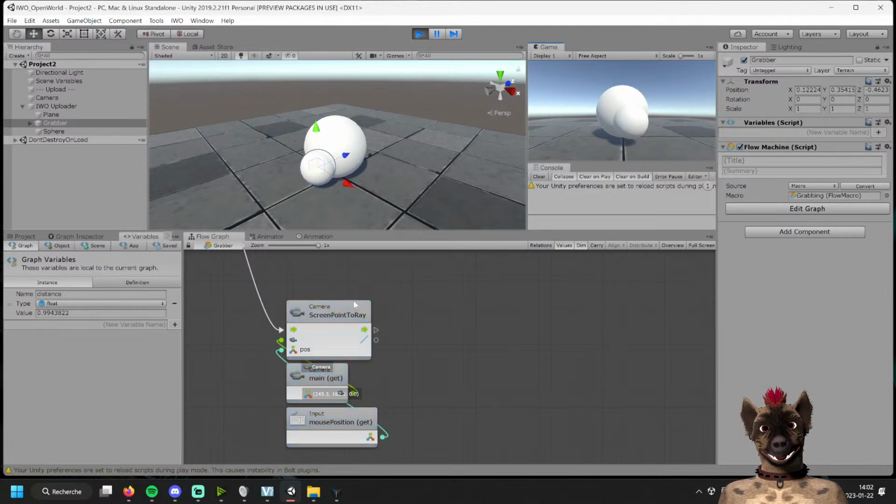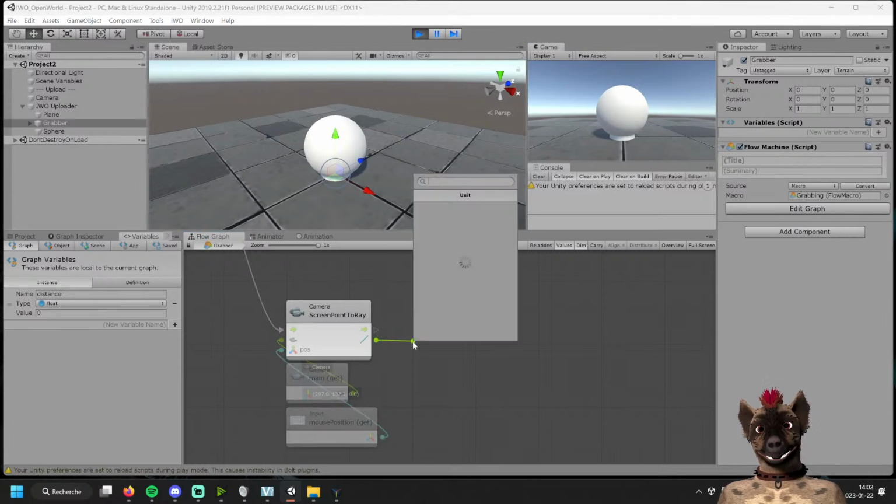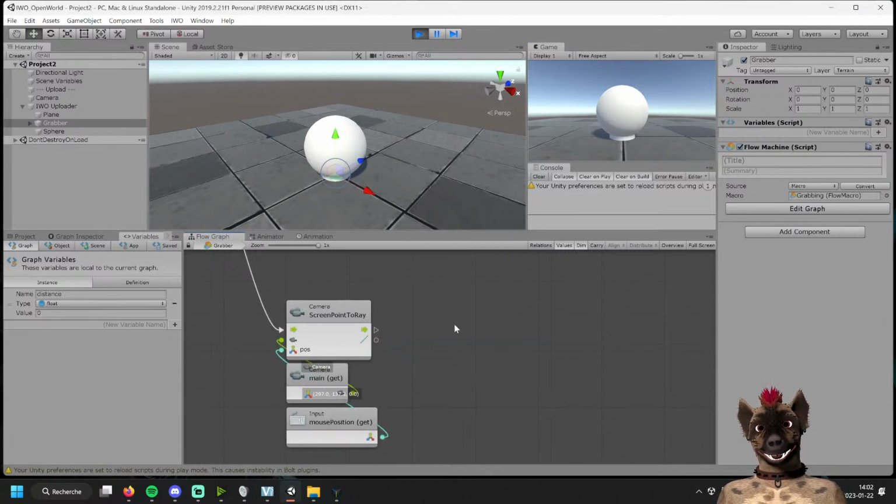I already have the screen point ray. The ray is a special variable that has a position and a direction. So the ray is infinite in length. So what I need to do,